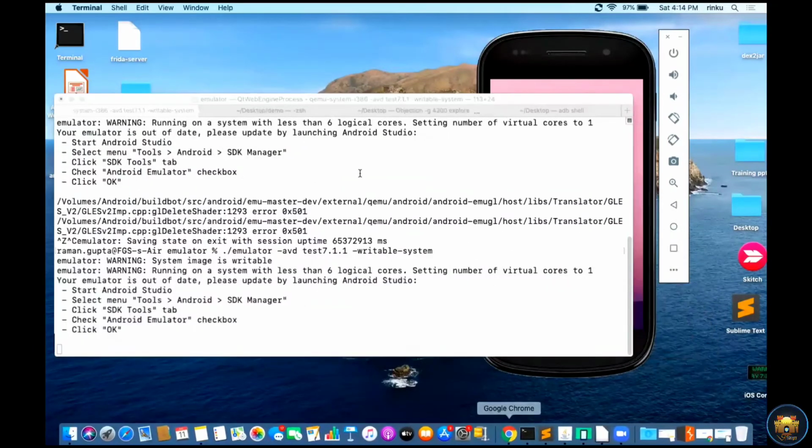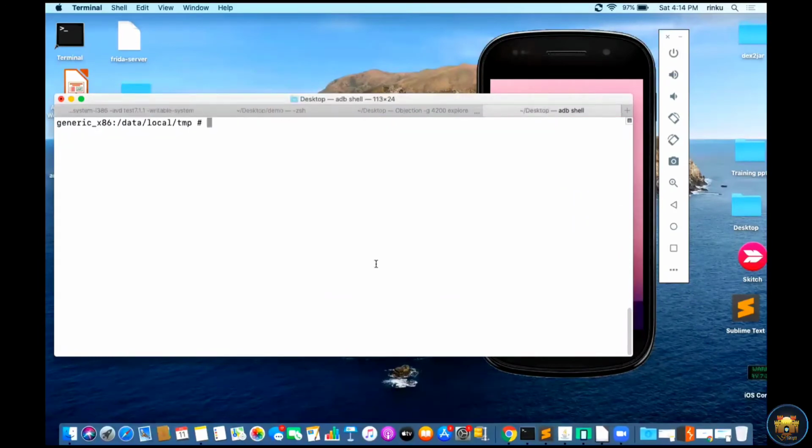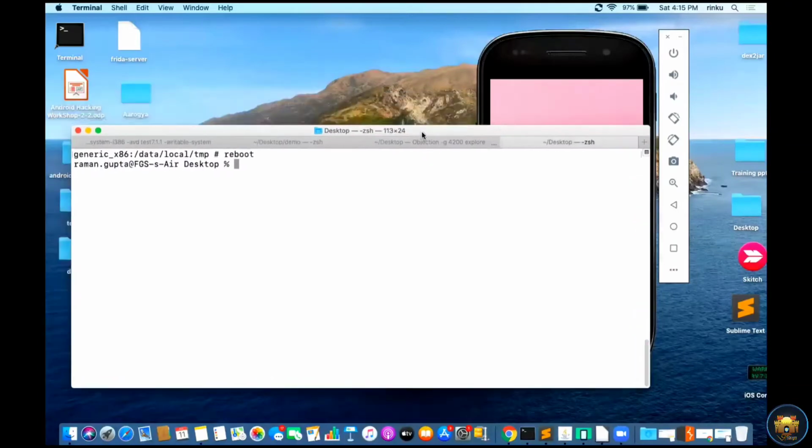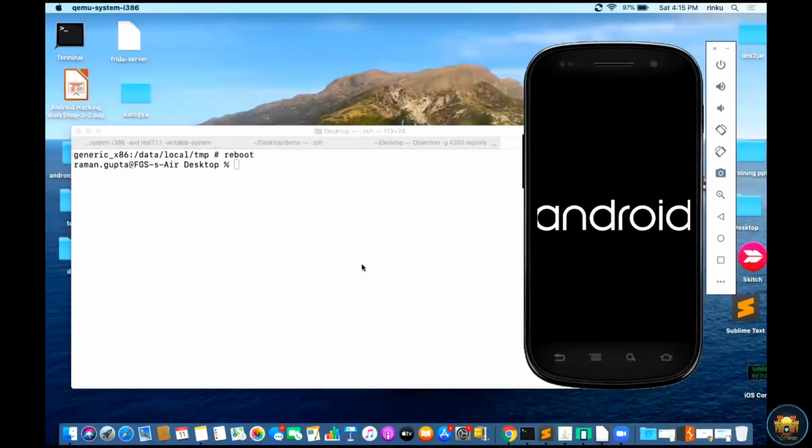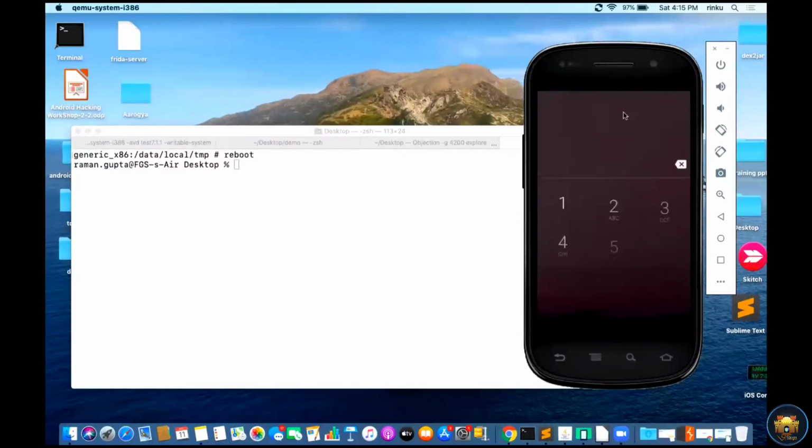I need to just reboot it. I am already inside the Android emulator, so I use the command reboot to reboot my emulator. And my emulator is ready.